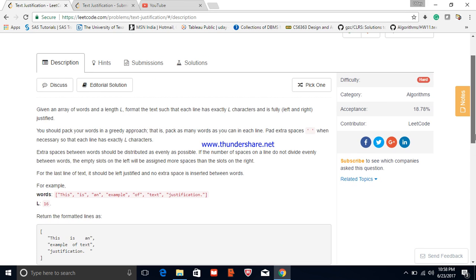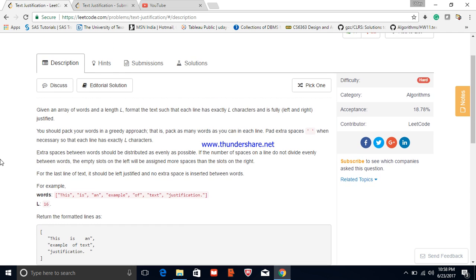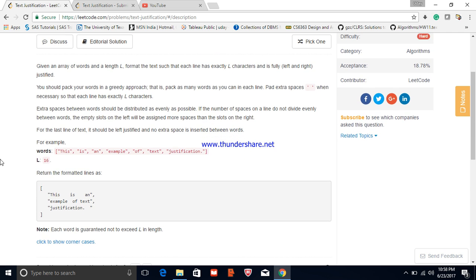Hi guys, let's do the 68th problem at LeetCode, Text Justification. Given an array of words and a length L, format the text such that each line has exactly L characters and is fully left and right